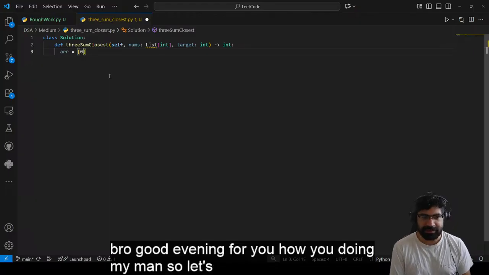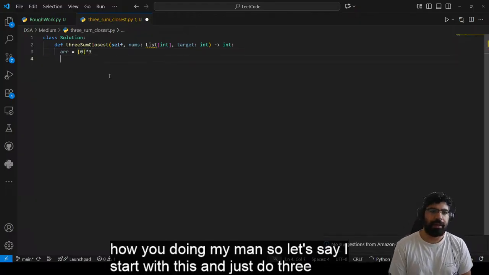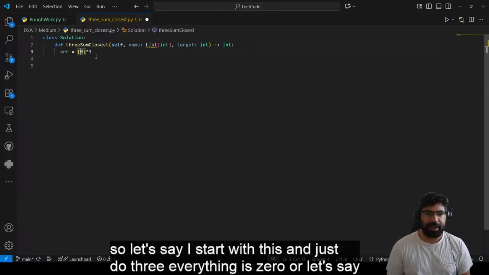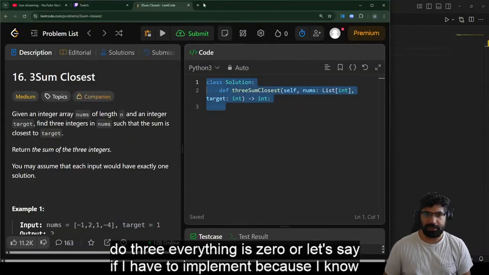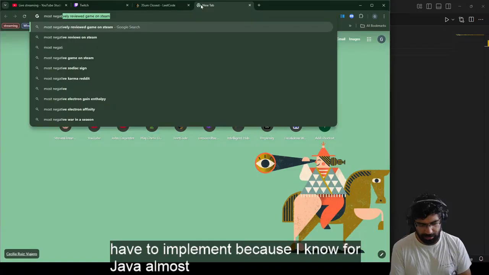So let's say I start with this and just do 3. Everything is 0. Or let's say if I have to implement, because I know for Java, most negative